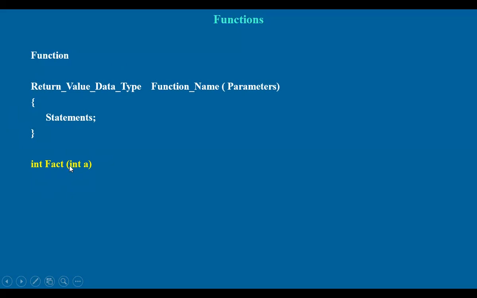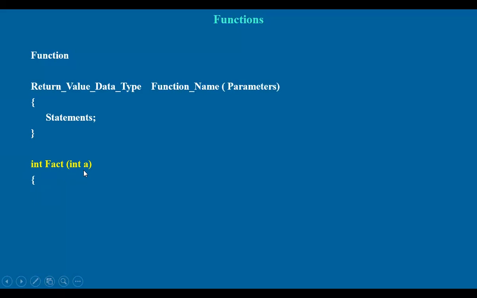And for this, we are using one variable, that is a, and its data type is an integer. After finding out the factorial of a, it returns an integer value, right? So this is the